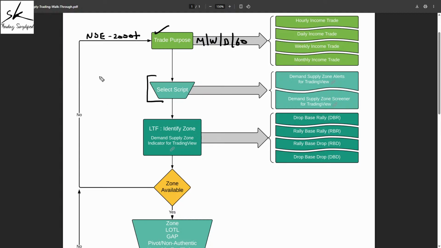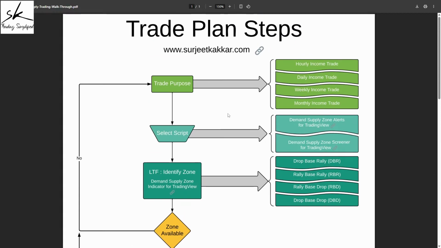So the challenge was that there were no scanner screeners for the demand supply methodology, and that is where we have two custom built tools. One is called the alert service, the other one is called the demand supply zone screener. Now, how do these tools work? If you want to understand them better, you can click on them. You can visit our product pages. The walkthrough videos are available. You can go through the walkthrough videos and understand how they basically work.